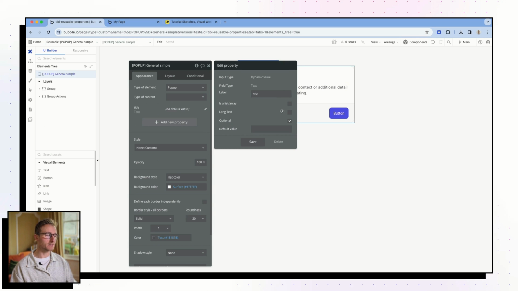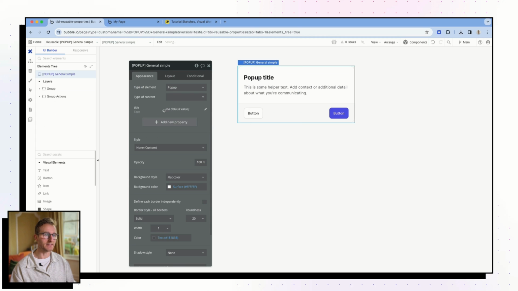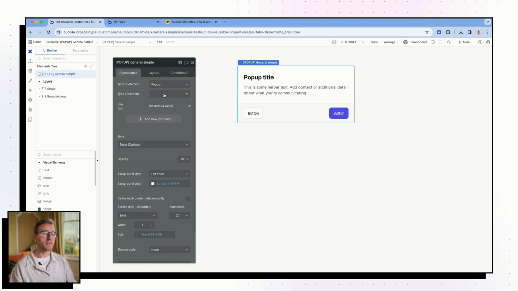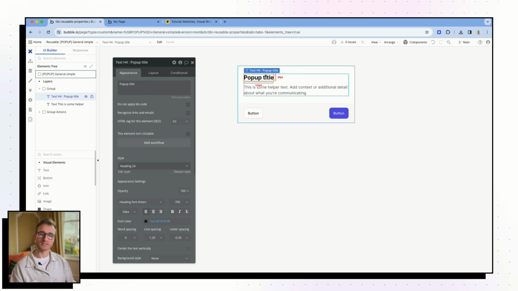So of course, it's not a list, right? It's not a long text. Long text gives us a slightly different input for filling this out. And it's actually not optional. We could leave this as optional and give a default value if the user doesn't provide something, but we want to actually basically tell the developers of this application, ourselves and anyone we're working with, that no, this pop-up requires a value in order to work, okay? So we're going to untick that. So that's the title. Okay, and then we just go all the way through and just set this up as one property. Okay, where do we want this input to manifest within this reusable element, within this title, right?